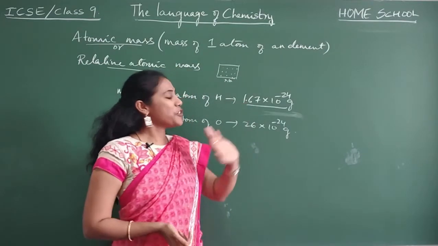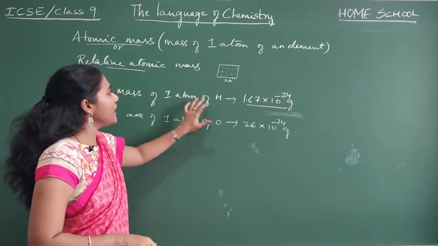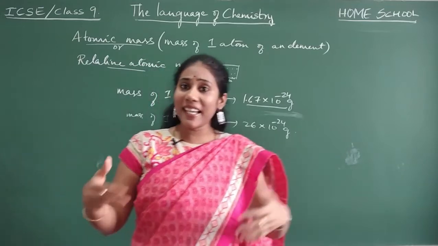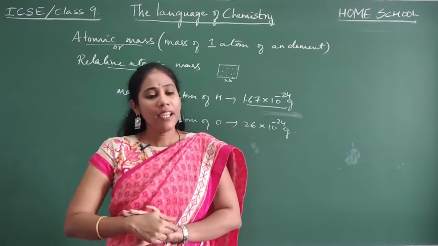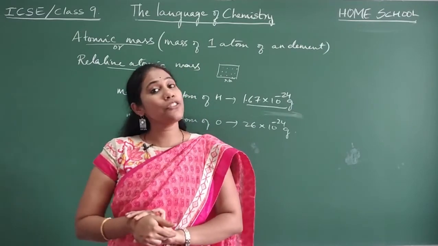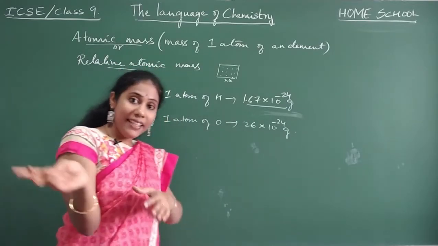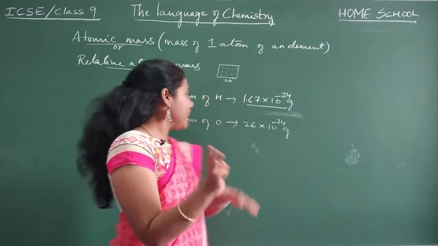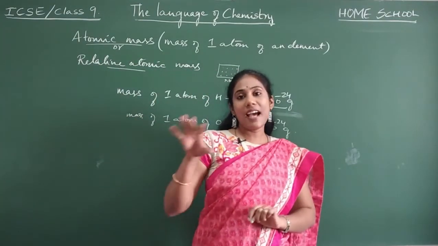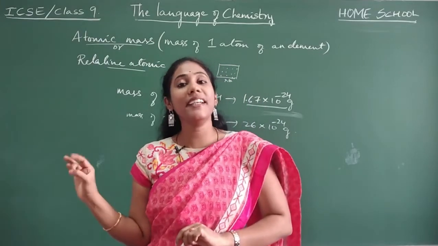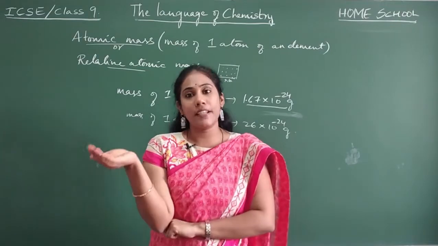So to avoid such confusions, and because finding the mass of one atom of any element by indirect experimental methods is a highly difficult process actually, scientists thought of finding atomic mass in another way. That is what we call relative atomic mass. Scientists started observing the relative atomic mass, in the sense they will take one element as the reference.